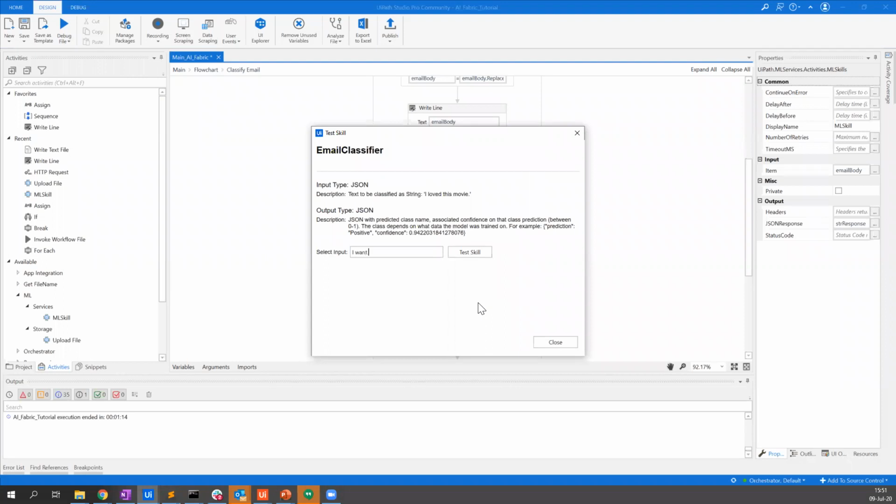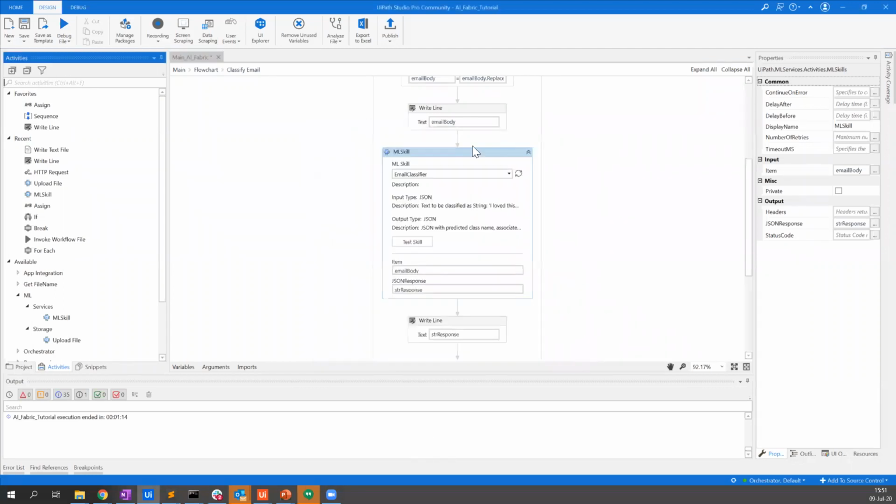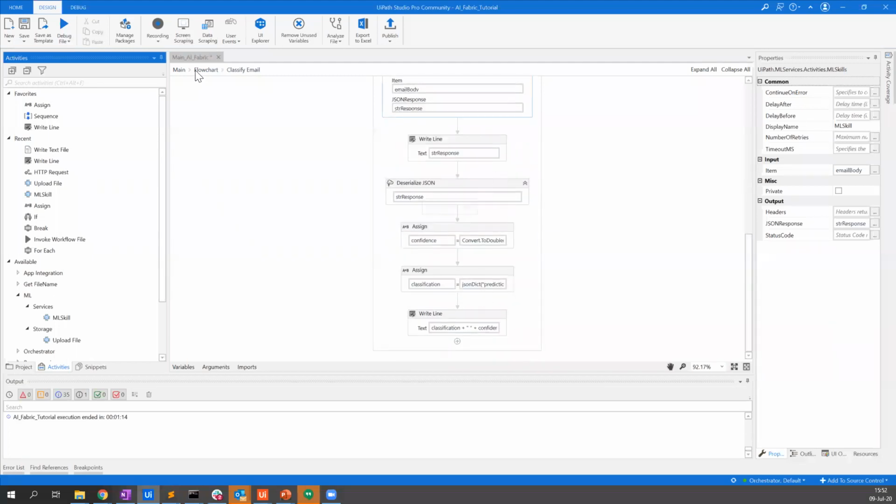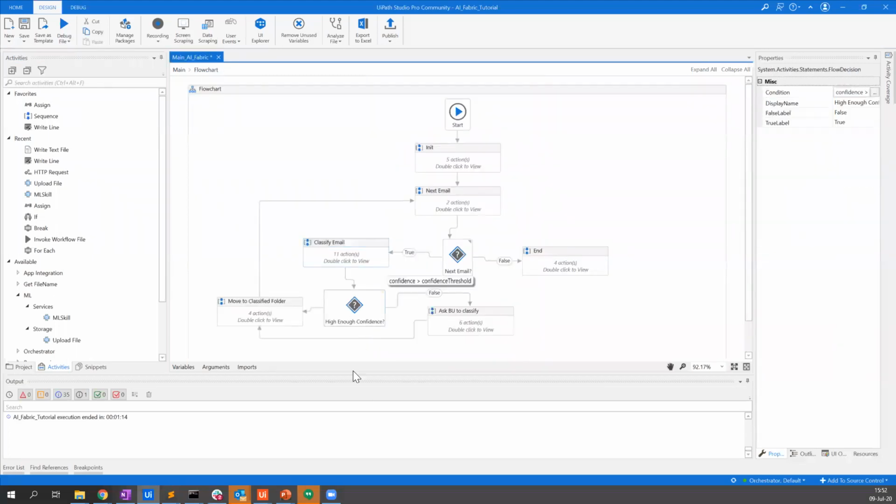So let's do it, I want to test the skill. Of course, the classification will be very bad because it's not even a complaint, but at least it returns something. And you can see what the model is returning. This will be very different from one model to another because we offer a lot of flexibility. But in this case, we get a prediction and a confidence score only. Because we classify the email in the skill, we can keep going with the data. Here we have just a question mark that we already discussed about the confidence.